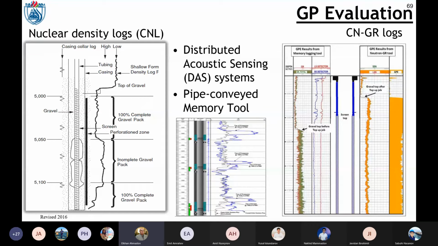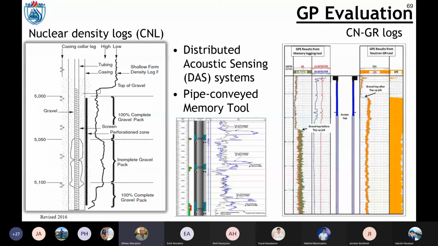This tool is also used and tested in ACG wells as well. Distributed acoustic sensing systems also help us understand how efficiently the gravel pack is performing, or any sand control